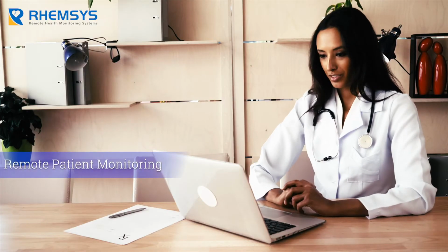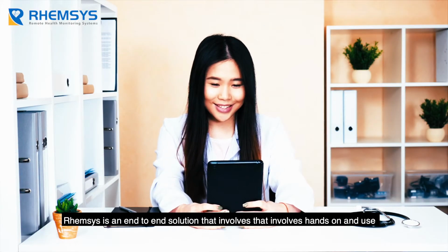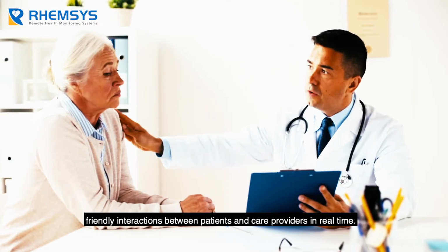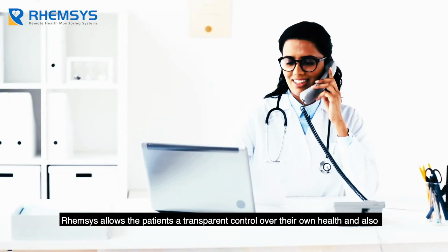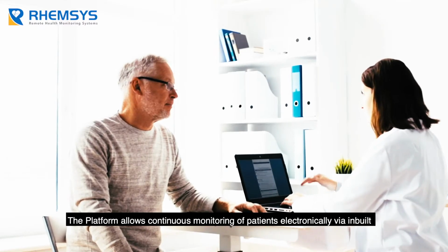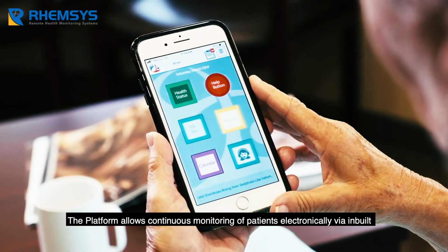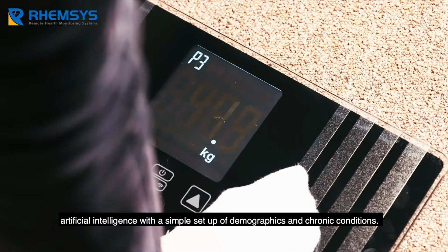Remote patient monitoring. Rhemsys is an end-to-end solution that involves hands-on and user-friendly interactions between patients and care providers in real time. Rhemsys allows the patients a transparent control over their own health and also have a more direct contact with the care providers. The platform allows continuous monitoring of patients electronically via inbuilt artificial intelligence with a simple setup of demographics